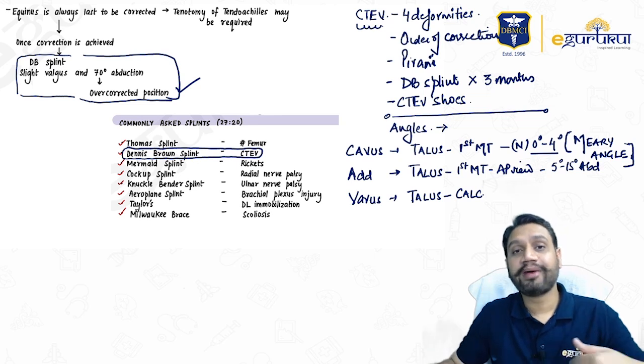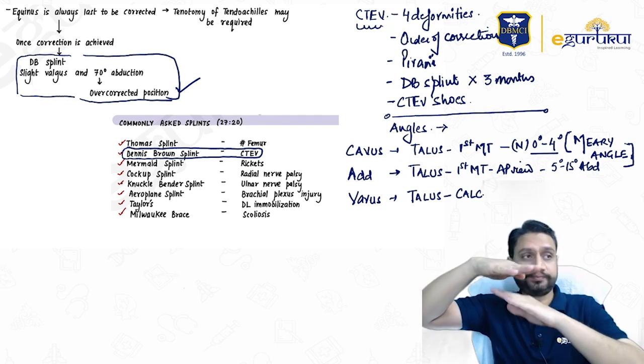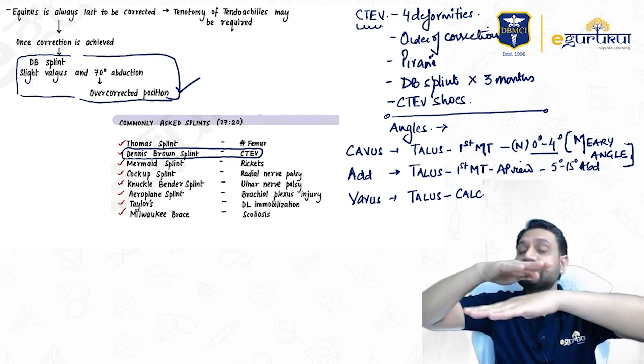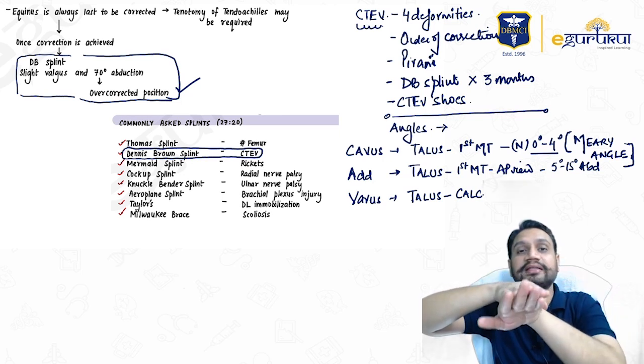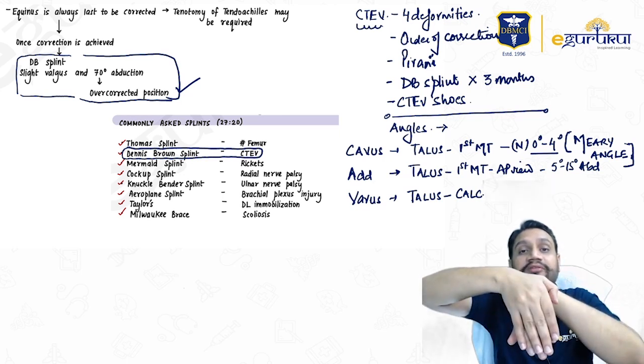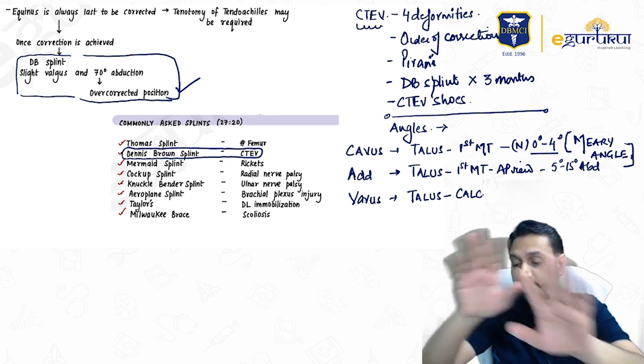So if you talk of my right talus, the talus is facing medially in the right foot, and the calcaneum is facing laterally. So what happens in CTV? The calcaneum deviates medially like this and they dip down. They go into plantar flexion. Okay. So the long axis of the talus and the calcaneum both are parallel, almost an angle of 0.